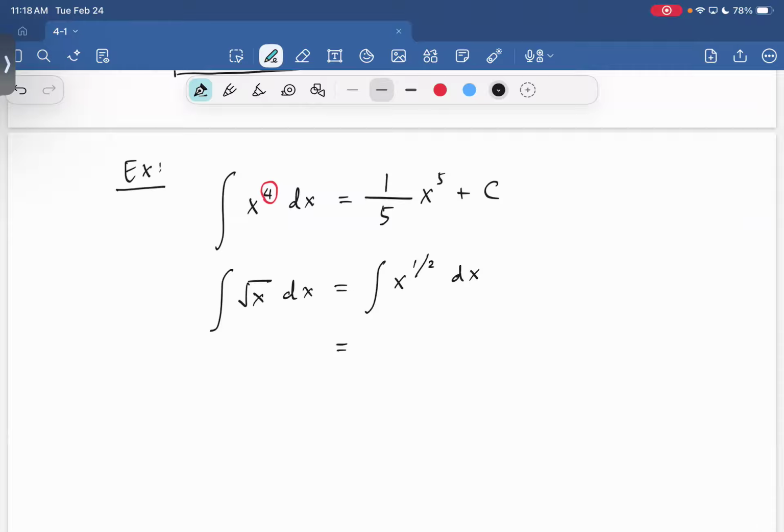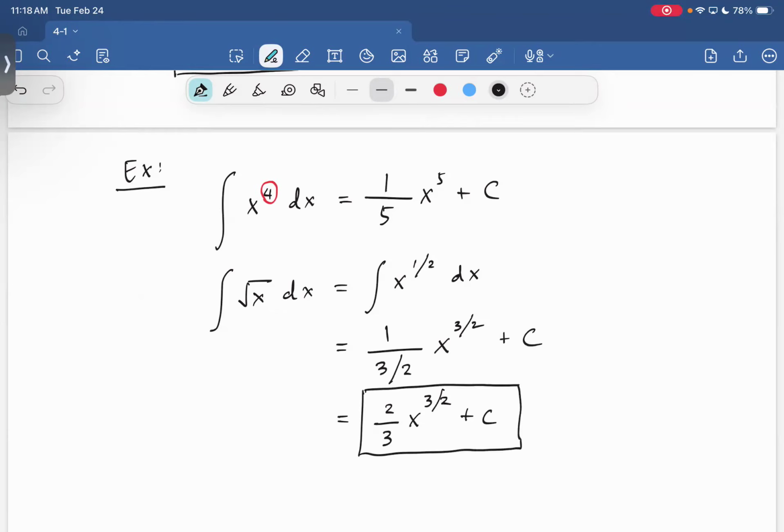Okay, so now if we want to apply the formula that we've just used, we're going to raise the power by 1. So that gives us 3/2. And then we have to bring that in front. So it's 1 over 3/2 times x to the power of 3/2 plus c. So that would give us 2 over 3 x to the 3/2 plus c. And that would be our